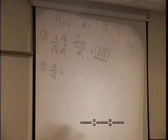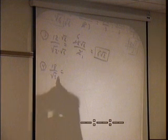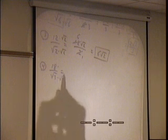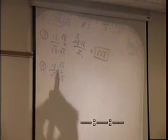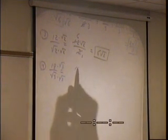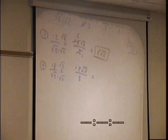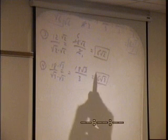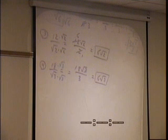One last one. 18 over root 3. We call square root of 3 the conjugate because it simplifies this thing. This gives me 18 root 3 over 3. And when I simplify it, you get 6 root 3. All right, the point to all of this is that you need every bit of this